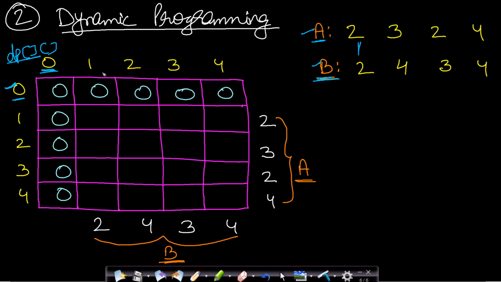Now let us use the optimal substructure property and form the solution. Let us say we are at this point 2 and at this point 2. Since these 2 points are equal, this is indicating our index 1, 1. In the list it is 0 indexed, but in the DP table it starts from 1. So whenever we refer to the list, we will use the i minus 1th point and the j minus 1th point. I have done this in the code, and explained it here so that you don't get confused. Is the first element of B and the first element of A equal? You can see that yes, they are both equal.